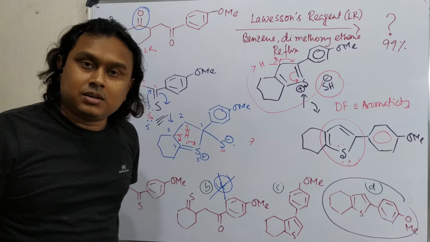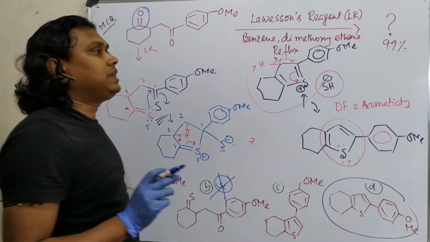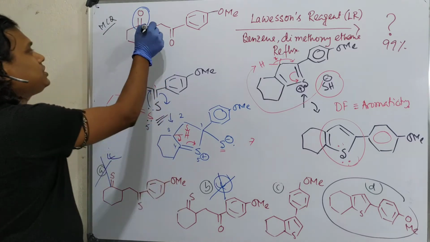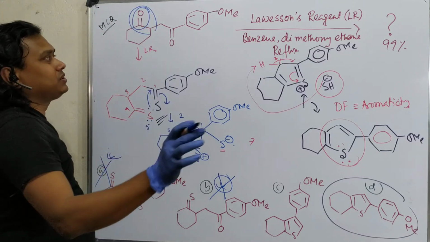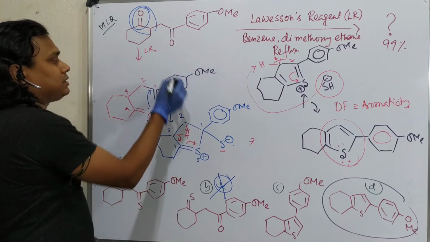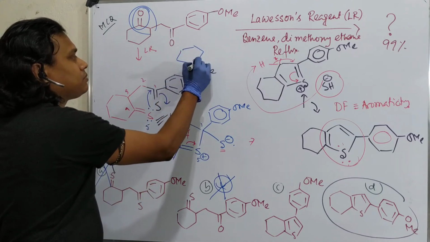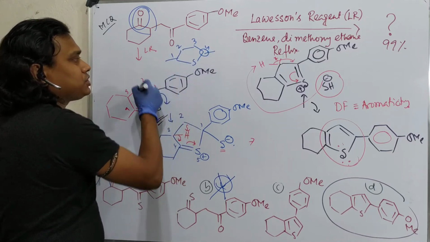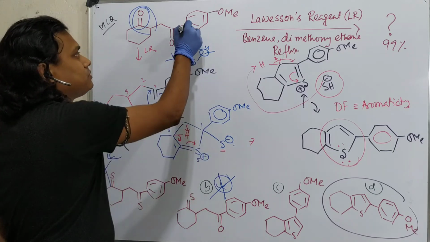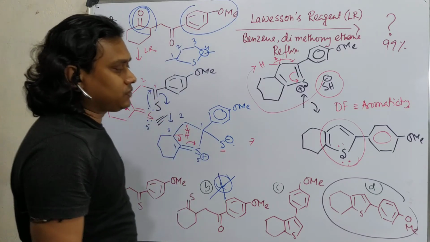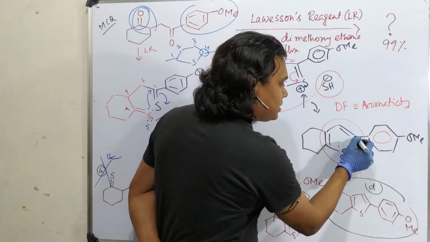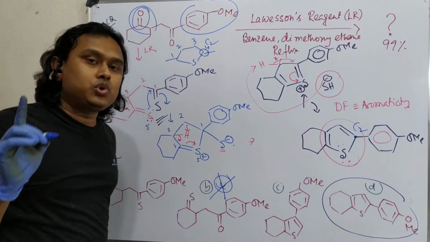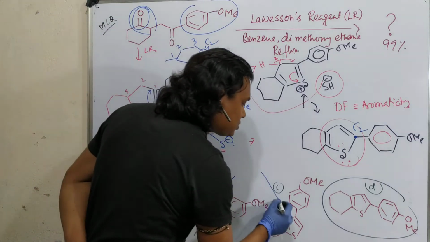See, remember one thing. That thiophene derivative forms from a 1,4 dicarbonyl compound. Okay. So this is one side. I do not have control. But this, so the thiophene produces, this is from 1, 2, 3, 4. So this 4 position must be attached to the ketonic substitution, meaning this. So in case of thiophene, this 1,4 means this, we may consider it's a C2 substitution. So this will be C2. So without doing the mechanism also, you can conclude that this is not possible.